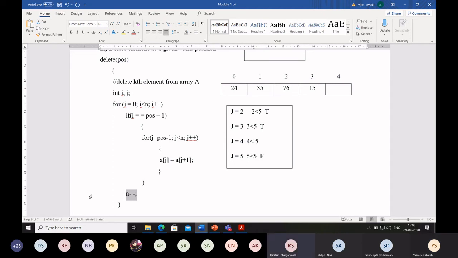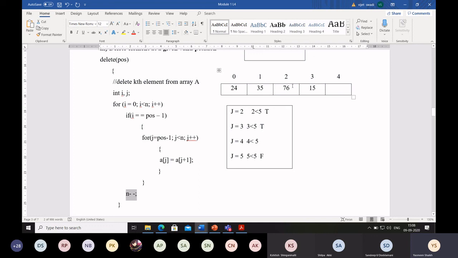Ma'am, we have deleted one element from the array. Who is this who has answered me the question? Kshitish. Yeah, Kshitish, good. Okay, so this n value is decremented by 1 because we have deleted one element in the array. Please, can you recall which element we have deleted? We have deleted the third element, that is, the element in position 3.